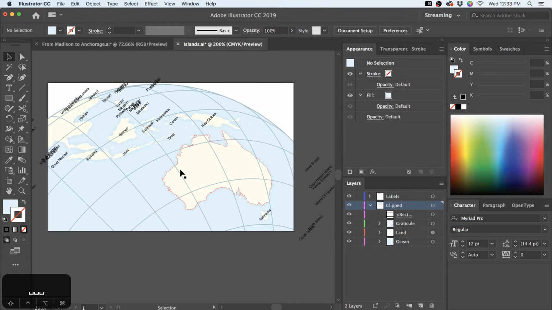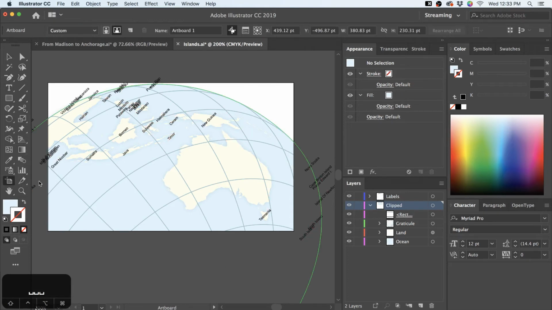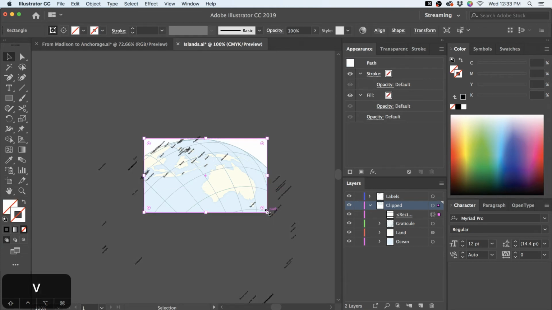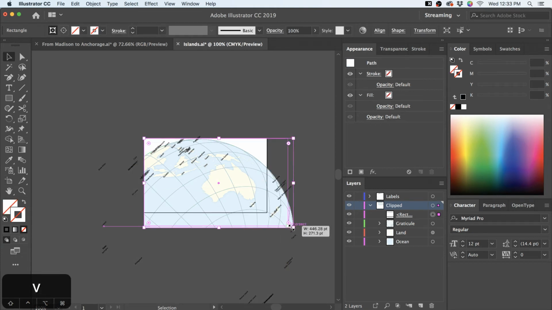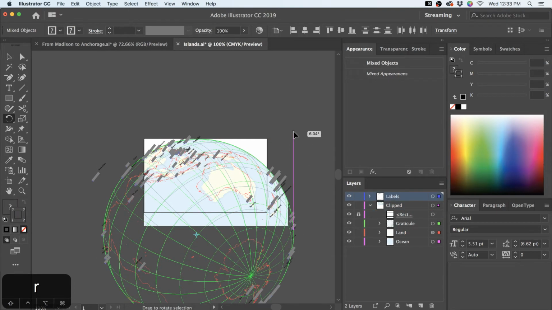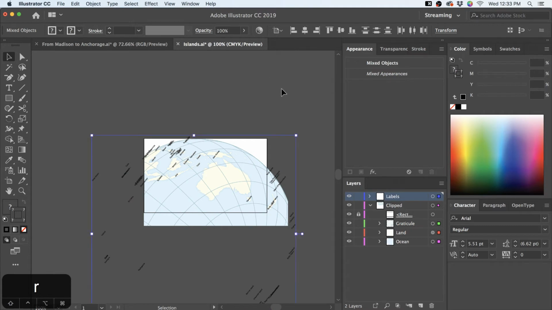And I see people are really unhappy about New Zealand being cut off. Let's see if we can make it work. All right, we'll just rotate a little bit more. Just select everything there. We can fit it in. We'll be good. We'll be nice to New Zealand.